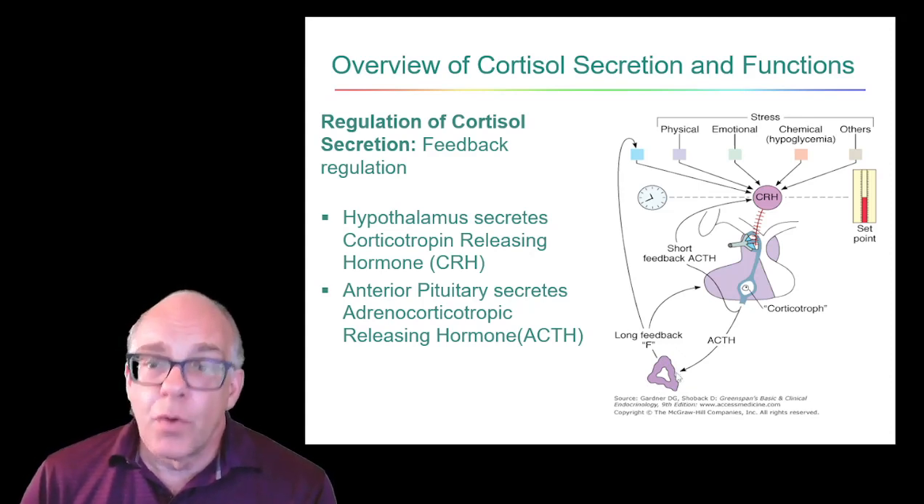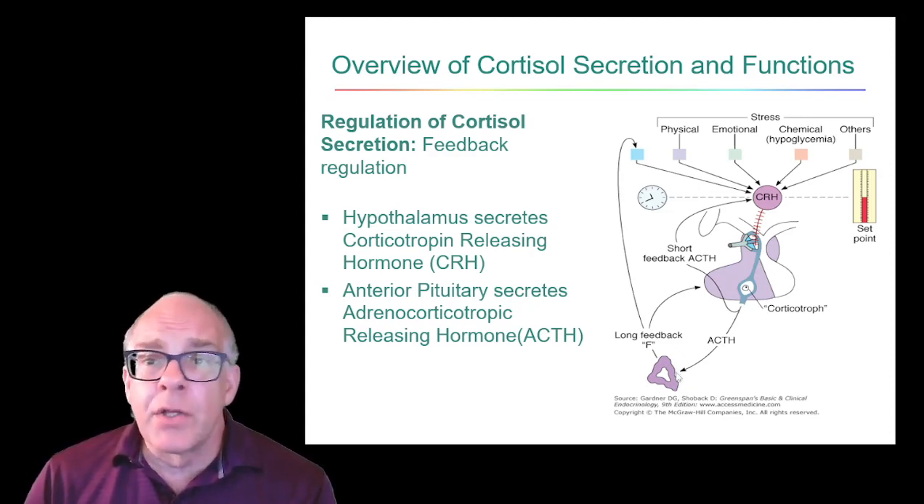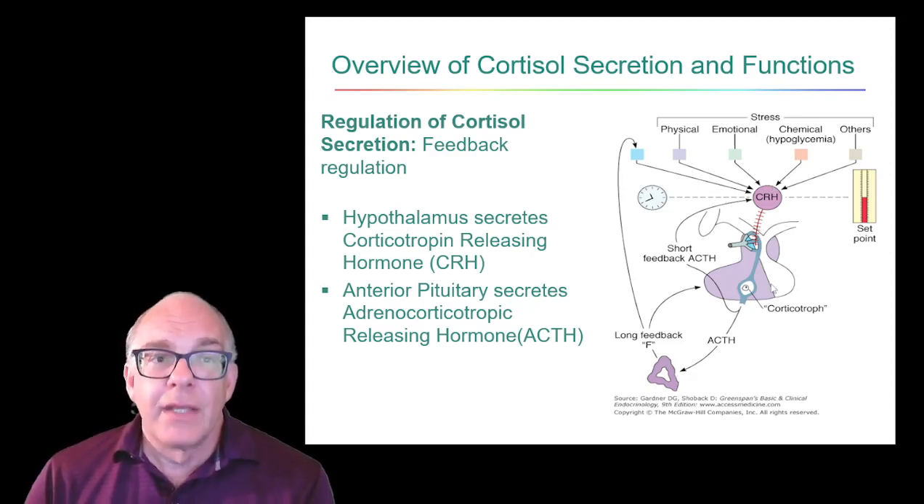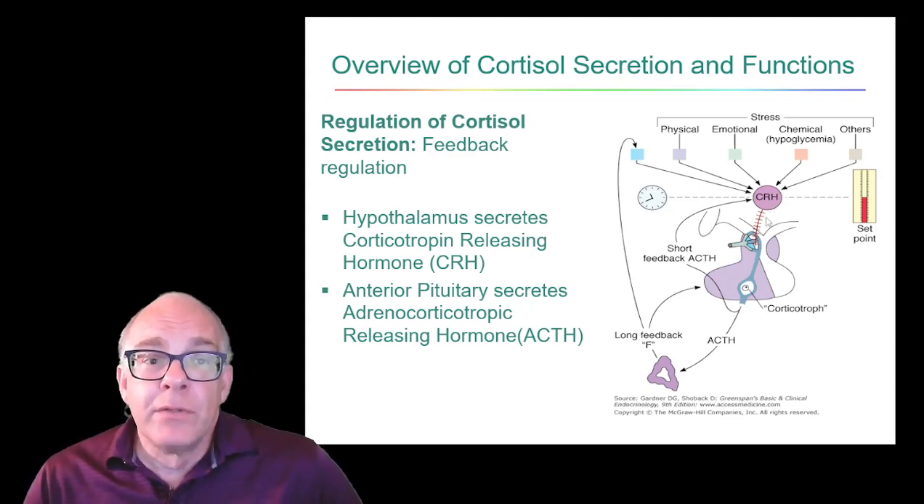Now, this control mechanism, like many of the other control mechanisms within the body, is going to be under a negative feedback system. And so we can have a short negative feedback loop and a long negative feedback loop. The short negative feedback loop is basically the ACTH, the adrenocorticotropic hormone, released by the anterior pituitary in response to the CRH, the corticotropin